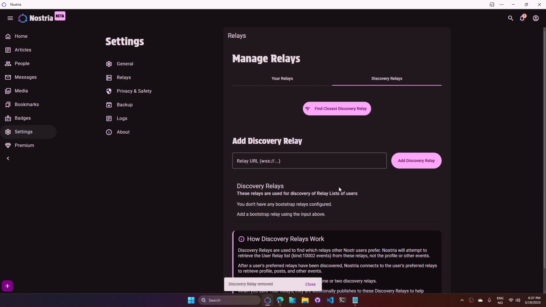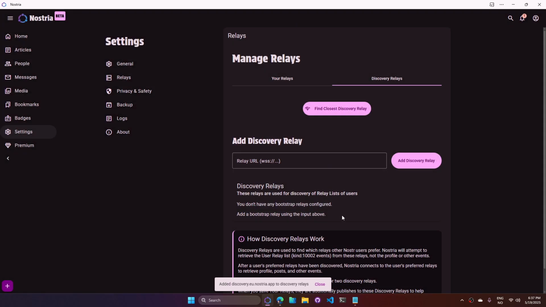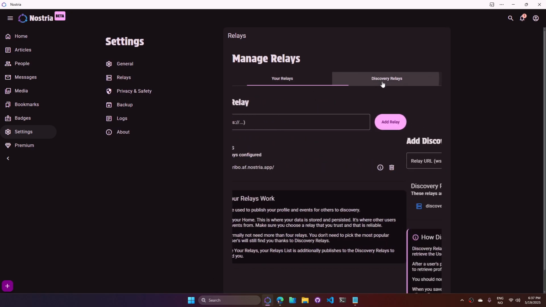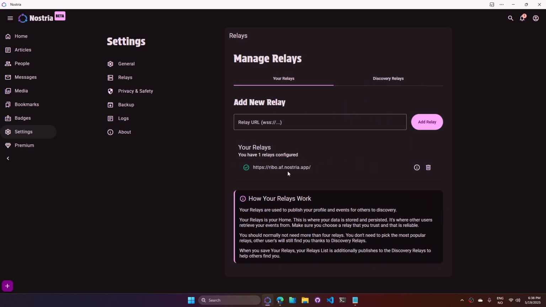So I can delete this, for example, and then I can go here and do find closest discovery relay. It will then do a latency check to the different relays and figure out, oh, the Europe one is the fastest one for you. I can choose add here. There's a small bug here in the UI, it doesn't update immediately. Here it comes in. So now I'm connected to the European discovery relay,